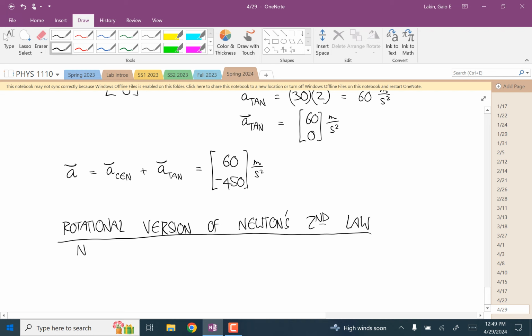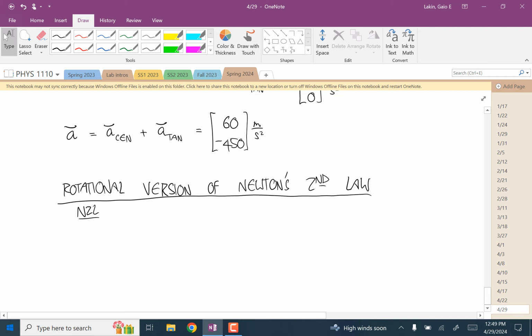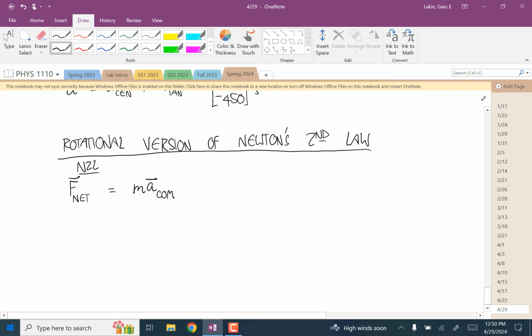Remember, Newton's second law says add up all the forces on a body, and that's equal to the mass times the acceleration of the body's center of mass. Okay, you've been seeing that all semester. The rotational version of this, rotational Newton's second law, that's how I'm going to abbreviate that one,